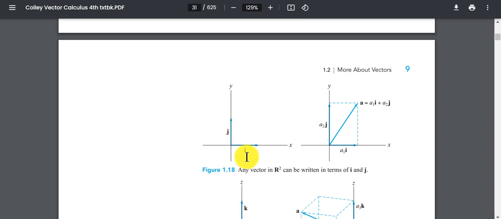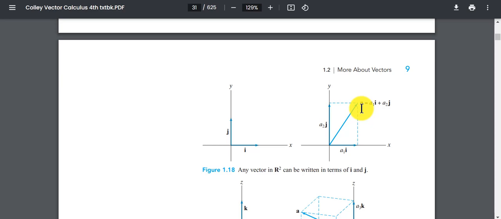Now, of course, everybody knows that if you have a point up here, you can ask, to get there, how much do you have to walk in this direction, and then how much do you have to walk in this direction? We can express the amount you have to walk in this direction as a vector, and the amount in this direction as a vector. By the way we defined the sum of two vectors and the way that we visualize it, to get this vector just means you take this vector plus this vector. That's exactly the way we define the sum of two vectors, at least